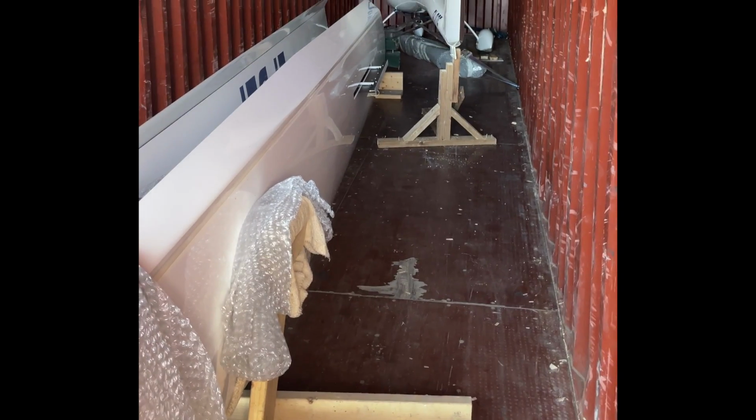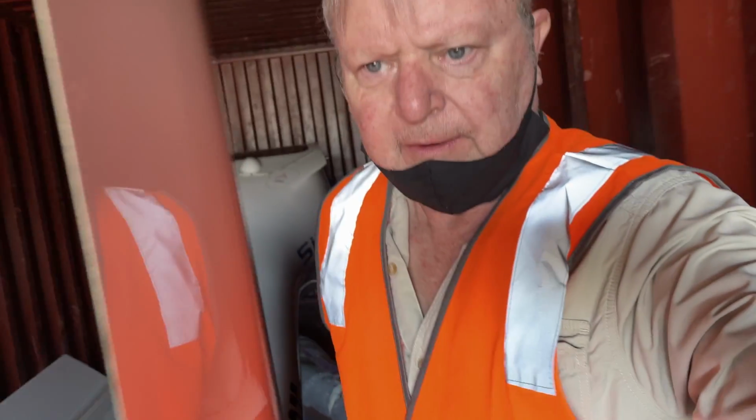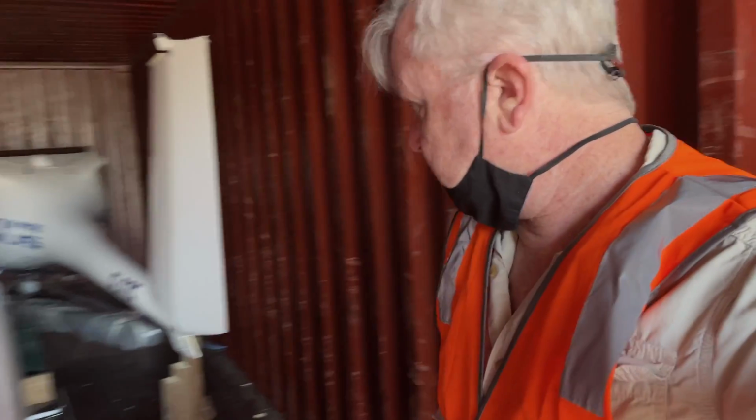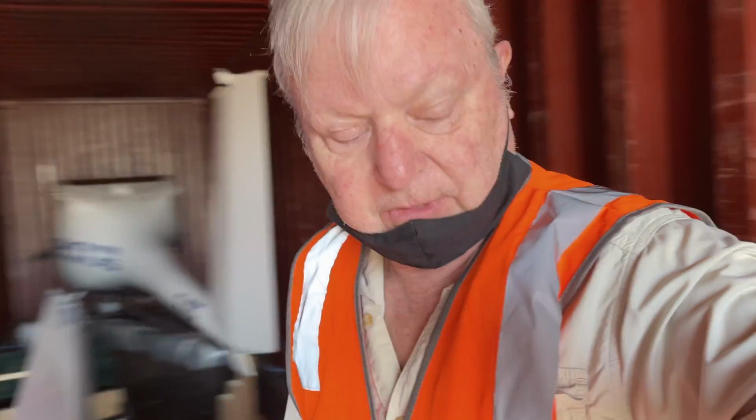My job now is to carefully unpack it. Those are still tight. That's still good. I do have some help, but I have to unpack it. It has to be left outside until they give it clearance to move. I don't know why they can't do it while it's still in the container. That I don't know. But anyway, I've got to unpack it. And then